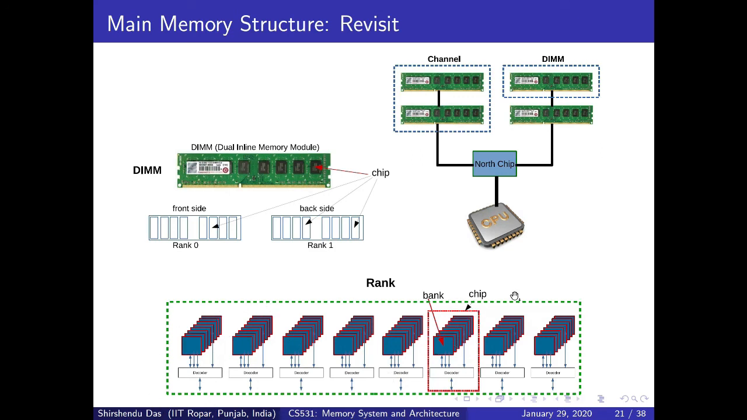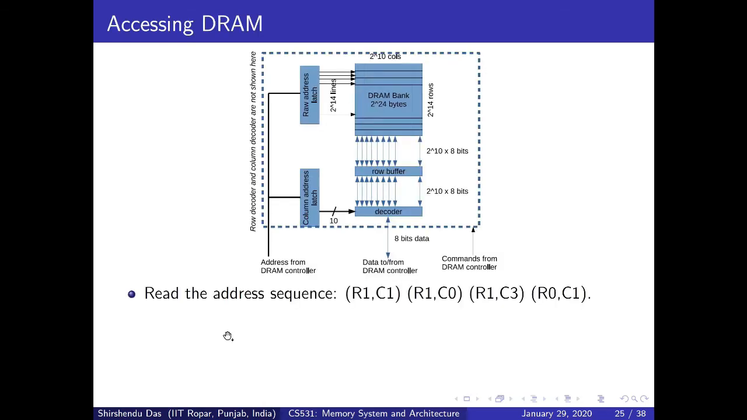So this is how a rank looks. And as I said, it's called a rank because if we give a command here, then all the chips will perform this command simultaneously. For example, if the command is read from bank 0, then all the chips will read from bank 0. Now suppose we want to read R1C1, this is the address. That means row number 1, column number 1, R1C0, row number 1, column number 0, R1C3, R0C1. We need to read all this content from all these locations one by one sequentially,